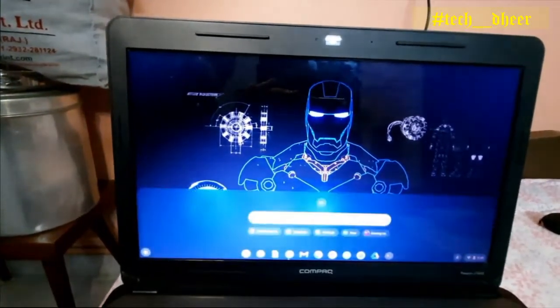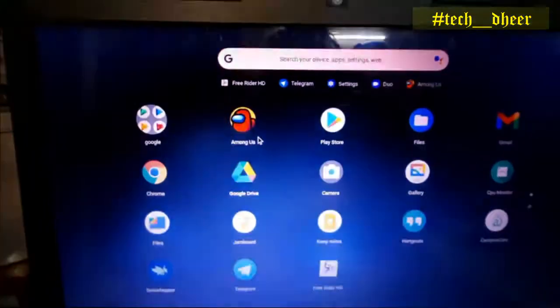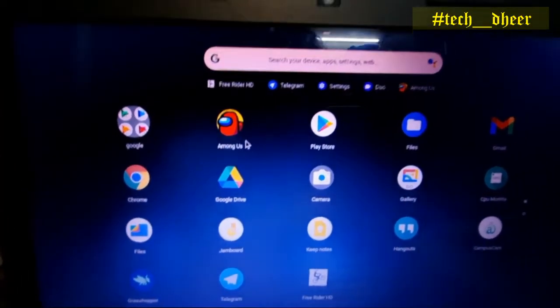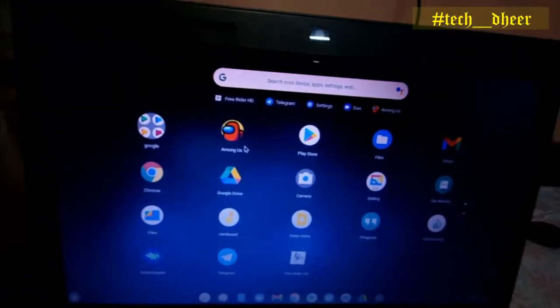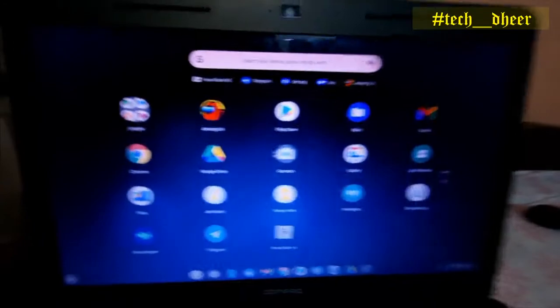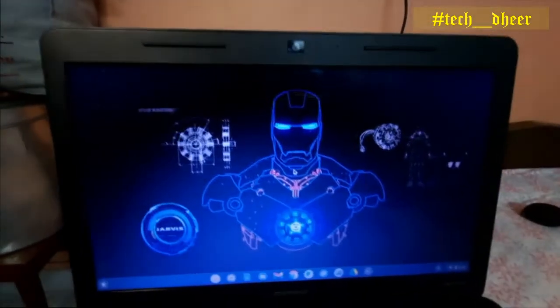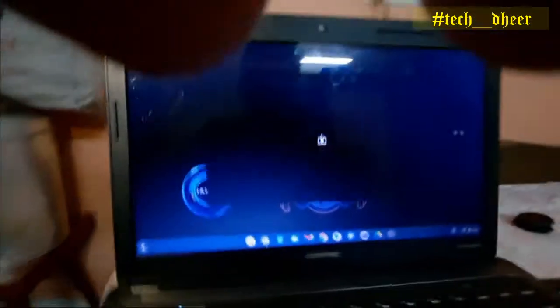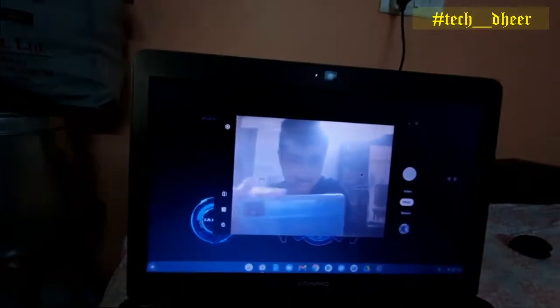Like I have installed some of the games like Among Us. You may be able to see it, and let me try focusing it. Okay, so this is my Among Us, and all the games and camera, you can see everything. And now I'll boot up the camera and show you. So now the camera is going to boot up. I think okay, it's booting up, and now you can see the camera. It's not that clear, but still the camera is working.